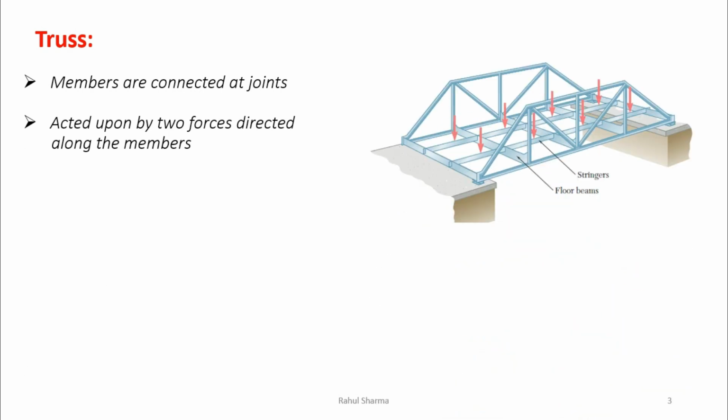Let's say this is a truss. Now this is a combination of vertical and horizontal members. They are joined to each other at these points. These joints may be of various types, like welded, riveted, pin joints, and so on. Now all the members in a truss will have only two types of forces, either tension or compression. Tension means we are trying to elongate the member, compression means we are going to compress the member.